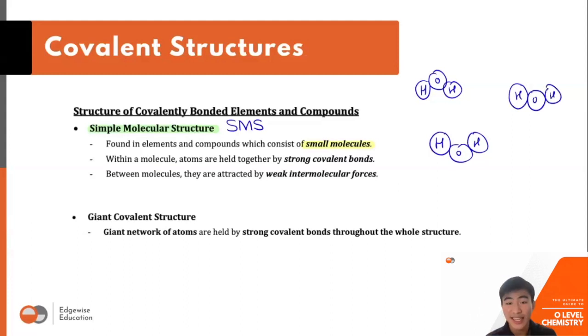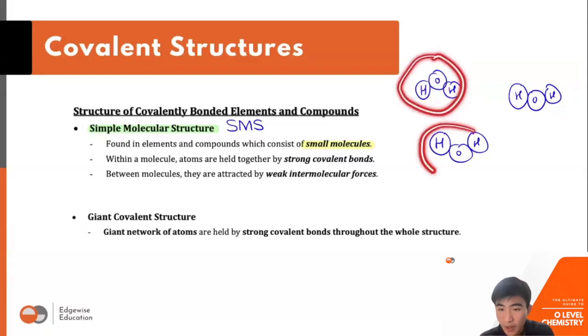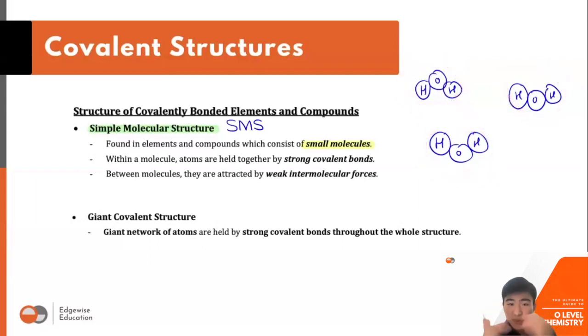Okay, I never draw the electron, but I just show you how the water molecule looks like. Now, this is known as simple molecular structure. Why? Okay, look carefully. Between the hydrogen and oxygen, do you agree with me just now? We learned about the sharing of electron. They are covalent, they share electron, right? They share electron. Now, between each of these water molecules, because the water needs to stay together, there actually exists